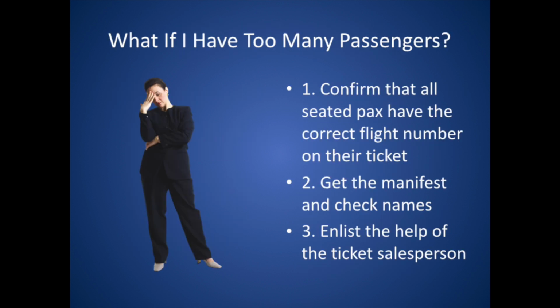What if I have too many passengers assigned to the flight? First, confirm that all have the correct flight number on their ticket. If they do, then get the manifest for the flight you are working and the following flight and check names. Enlist the help of the ticket salesperson. Often, the extra passengers are assigned to the following flight, but the ticket salesperson inadvertently wrote the wrong flight number